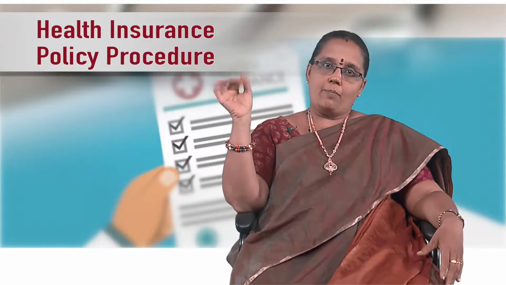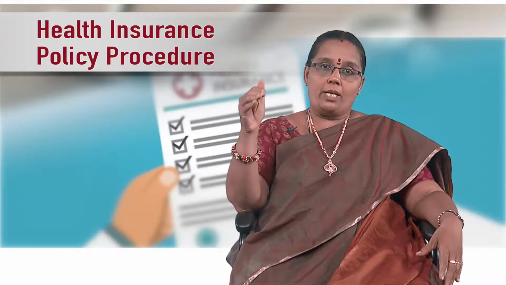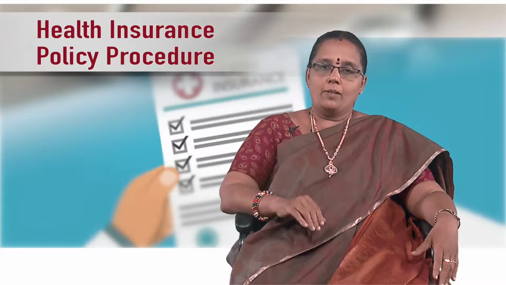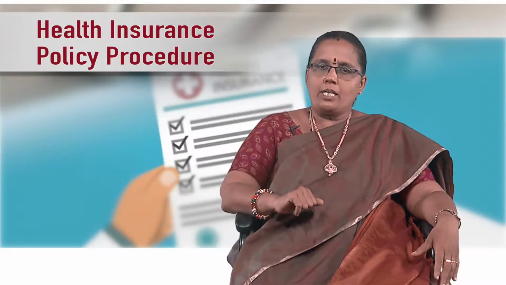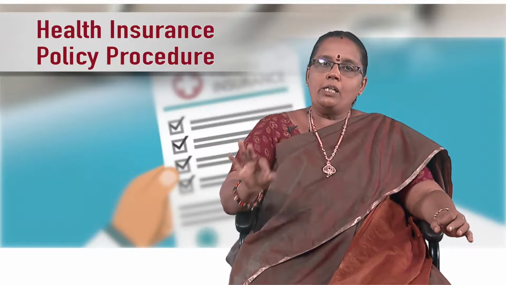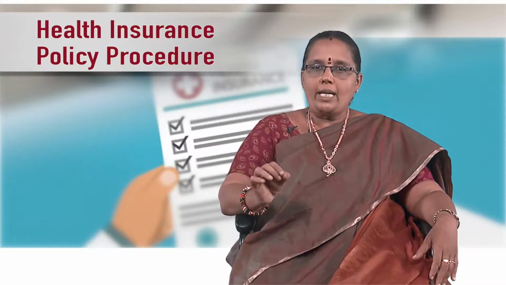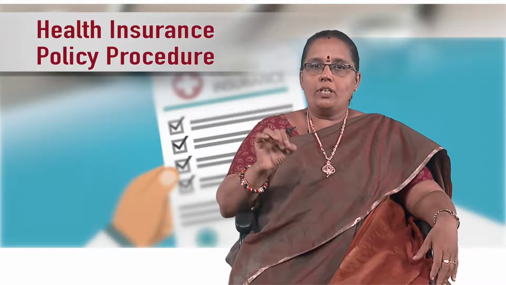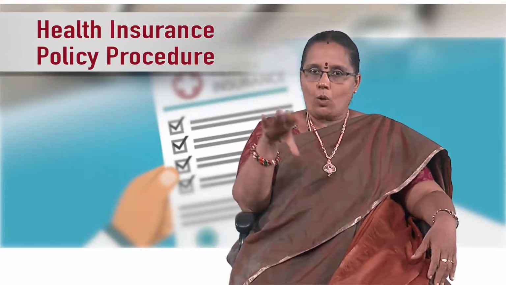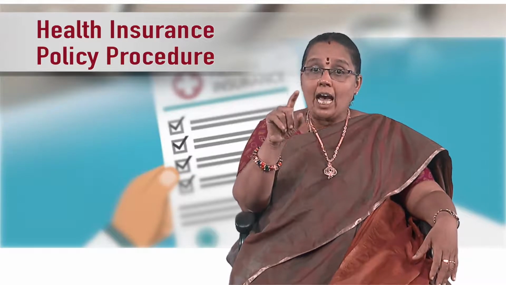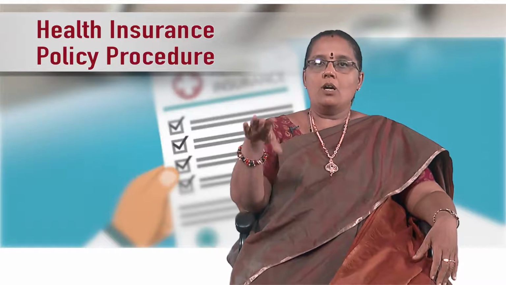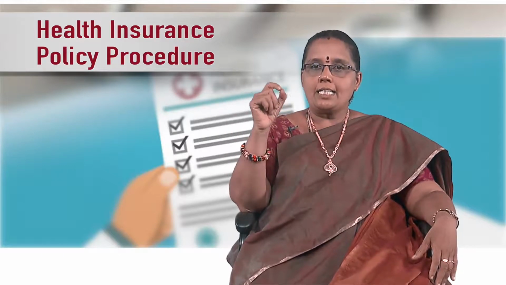The next step is the policy document. Only after paying the premium you get the document. What is this policy document? The policy is actually a formal document which provides evidence of the contract of insurance. See, this document has to be stamped. You should have a stamp in accordance with the provisions of the Indian Stamp Act